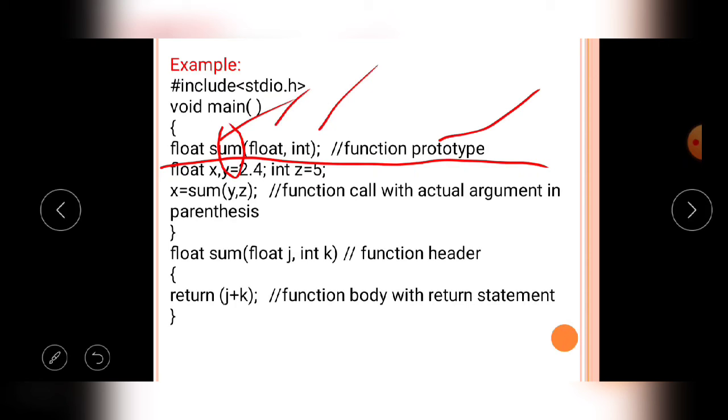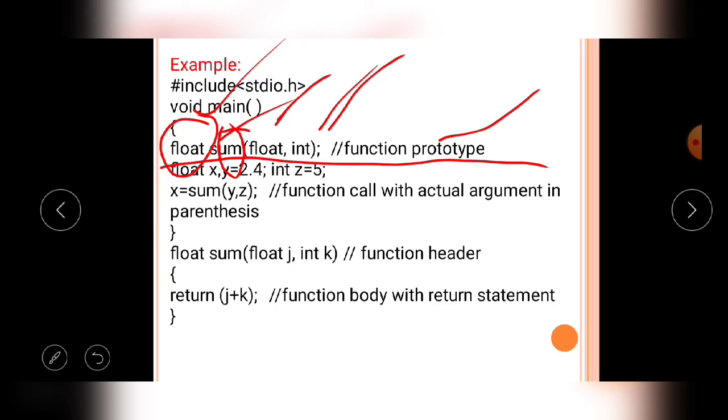The sum function will receive two values, one a float value and another an integer value. Then after completion of the sum function execution, it returns a float value.